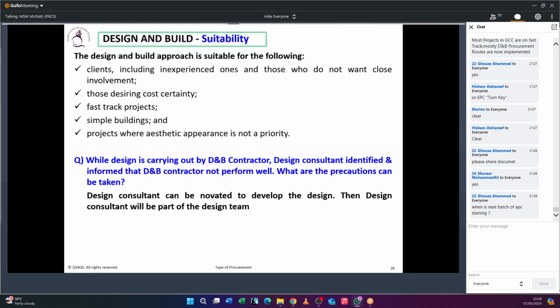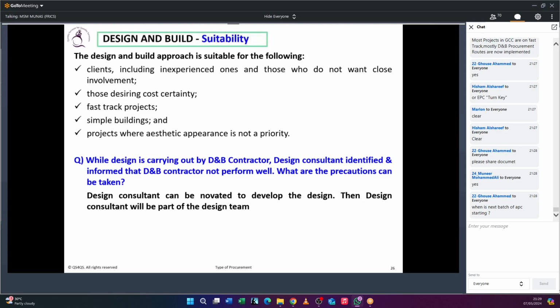You don't need to wait until you get MRICS, but you have to utilize this program in an efficient way. When I asked how many types of tender, many of you said two, three, four. This is not the right answer after learning all this. So please study very well because it will change your professional life. Unless you are very lazy to study, don't do that, because that is not your intention.